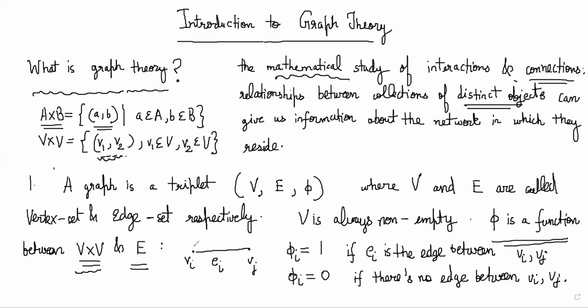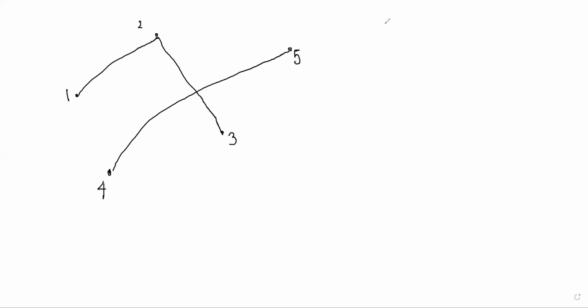Right, now if you are feeling like this definition is very technical, don't worry, we'll see examples where it will become clearer. For now, just know that a graph is a collection of some vertices connected by some edges, right? Let's say these are the connections. So let's say 1, 2, 3, 4, 5. My vertex set will be basically 1, 2, 3, 4, 5. My edge set will be, let's label these edges as A, B, and C. Edge set is simply A, B, C.